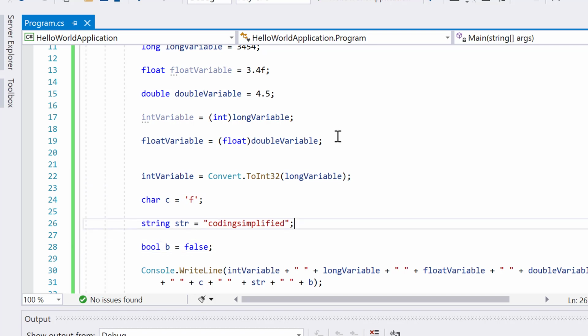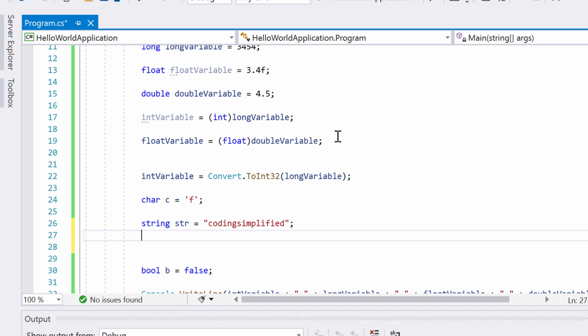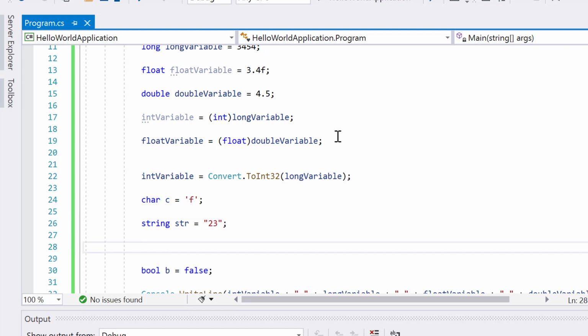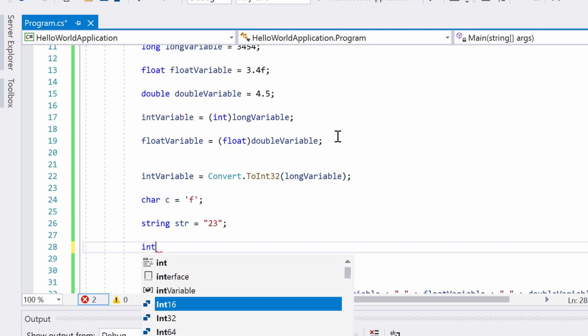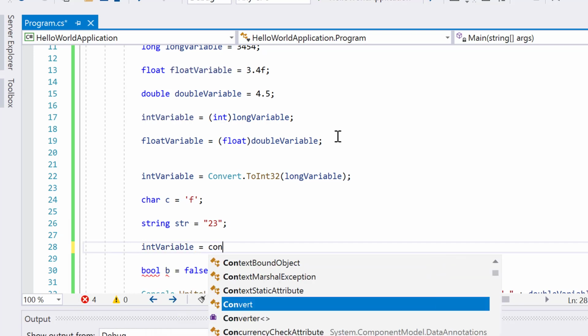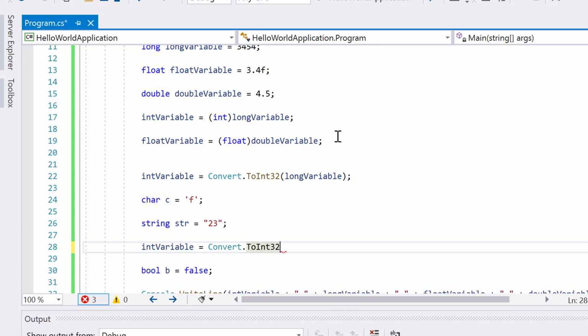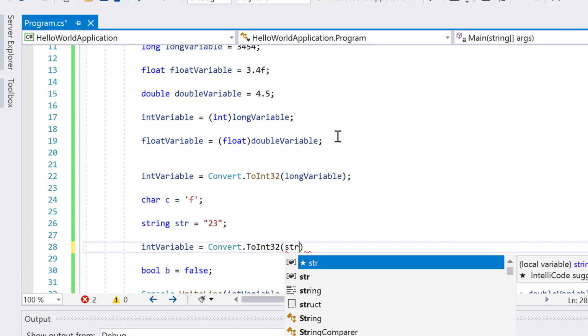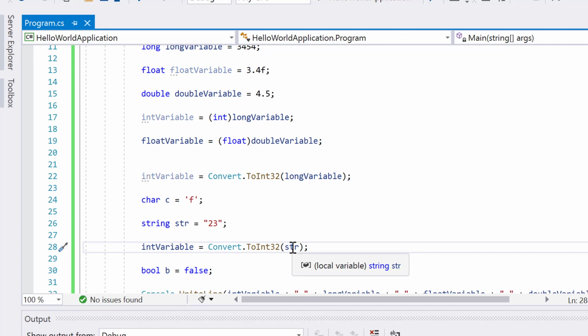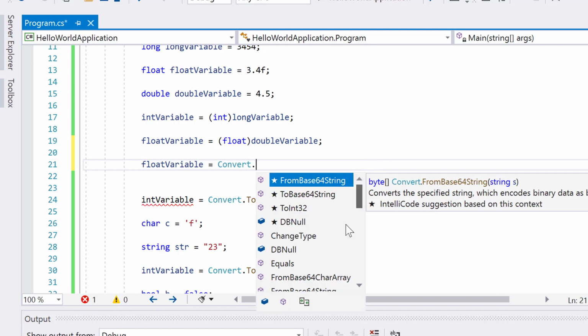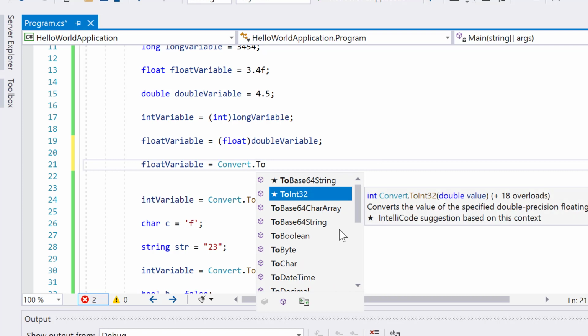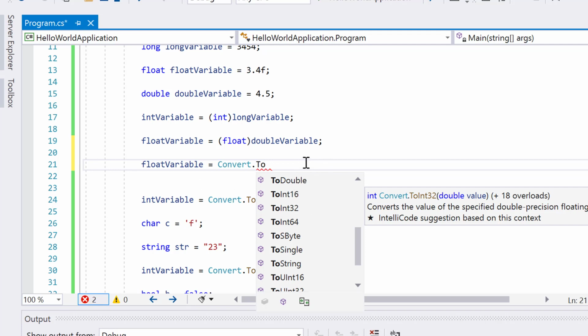Similarly here also I can do, let's say if my integer was something like 23, now I can also maintain like this, that int variable equals to Convert dot ToInt32 from string. So what it's doing, it is basically converting from string to integer, right? That is also fine. So here you can see that we have the different converting methods, like you can convert to boolean, to byte, to char, to date and time, to decimal, to double. So whole lot of variables we can change like this, right?